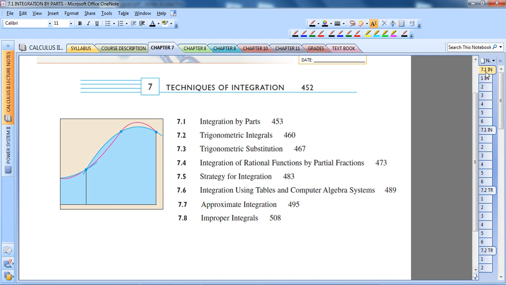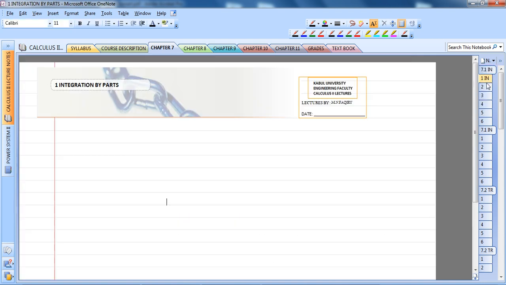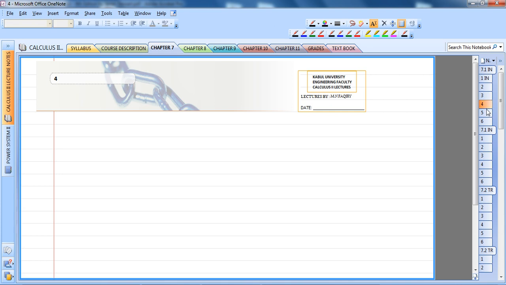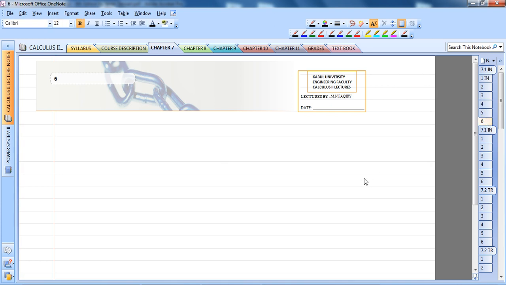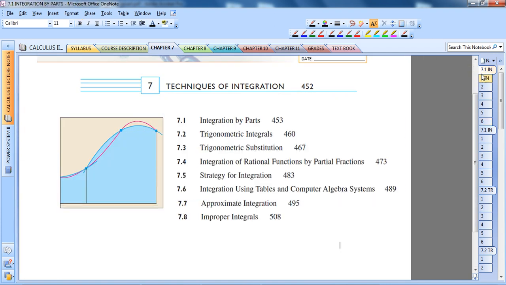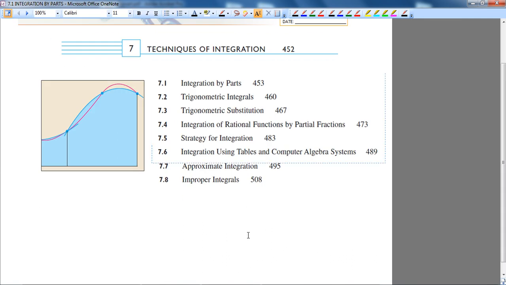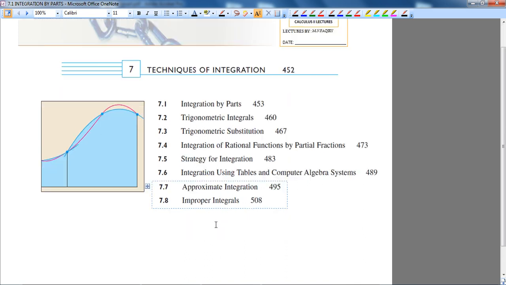This tab includes lecture 1, which is section 7.1, and I have devoted 1, 2, 3, 4, 5, 6 pages for this. So what will I do? I'll go to section 7.1 or page 7.1. Okay, I'll full screen it here. In the lecture you will see a screen like this. Okay,